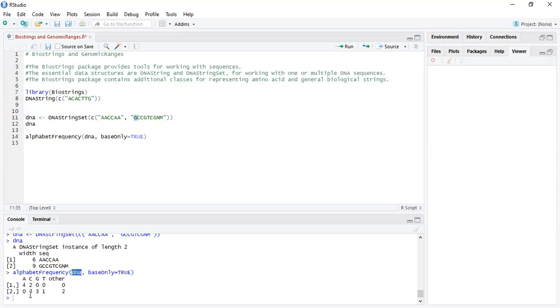It will recognize only the DNA containing the 4 nucleotides A, C, G, T, and based on that it will also mention how many other letters are available in the given sequence. So it's a simple start. We are going to see much more examples in the coming videos, so stay tuned.